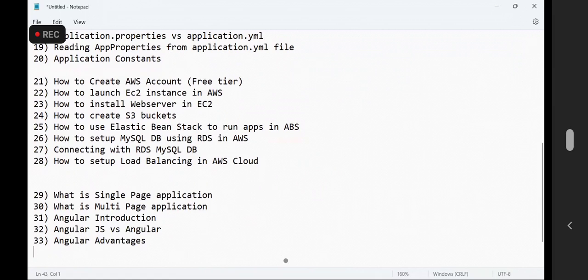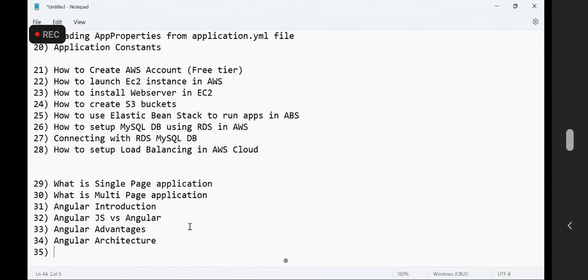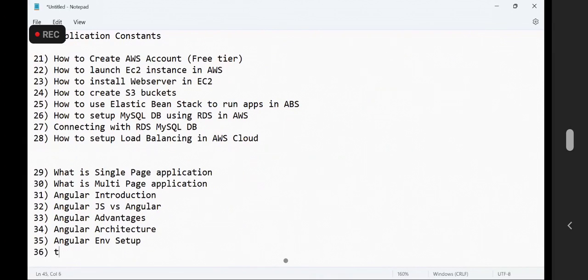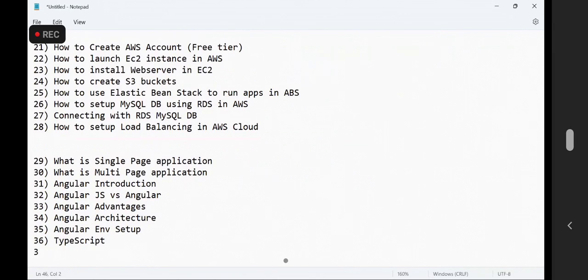Angular architecture, Angular advantages, Angular architecture. Angular architecture we have discussed. Then Angular environment setup, TypeScript, Angular environment setup, TypeScript. Then components